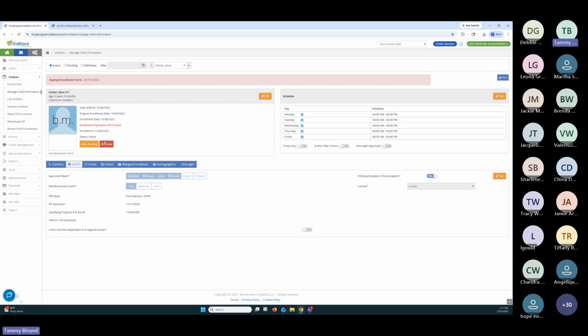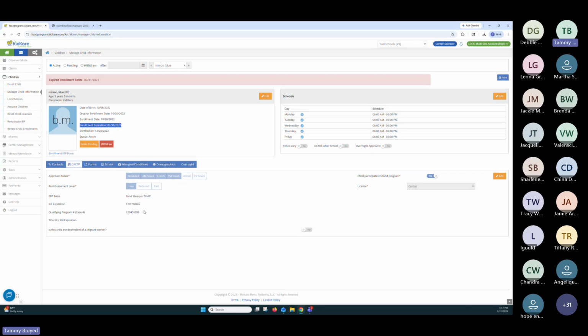Also, if you're not a Head Start or at risk, there's an IEF. That's the income eligibility. This date does not update automatically. So when that child renews their enrollment, you have to update the expiration date. Now, the expiration date is going to be the same as the enrollment expiration date. This child actually expired over a year ago, and I don't have a new form on her. So she shouldn't be claimed because I haven't gotten the form from the parent back. So I'm not going to fix anything here. I'm just going to pull out a piece of paper and give it to mom when she shows up this afternoon and ask her to please fill it out and return it. There's nothing to fix.